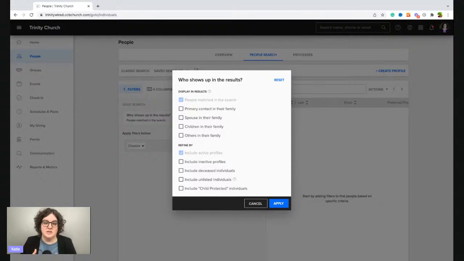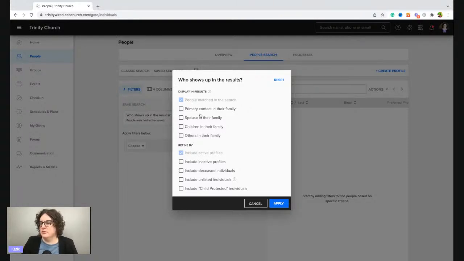So anyone 13 and under will not show up in a search unless this box is checked. So if you're running a search or report for kids or students, depending on the age that you have child protected at, you'll want to be sure that's checked because that's the number one culprit. If you're not getting the results you expect, this box probably isn't checked.